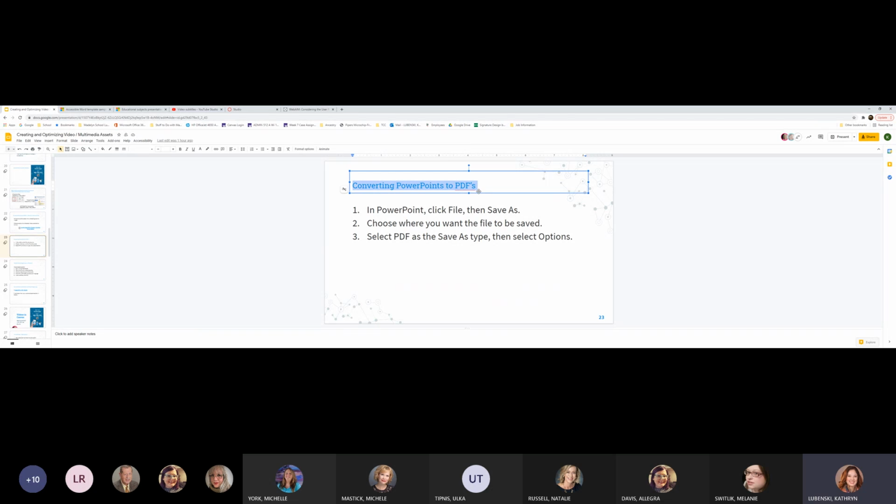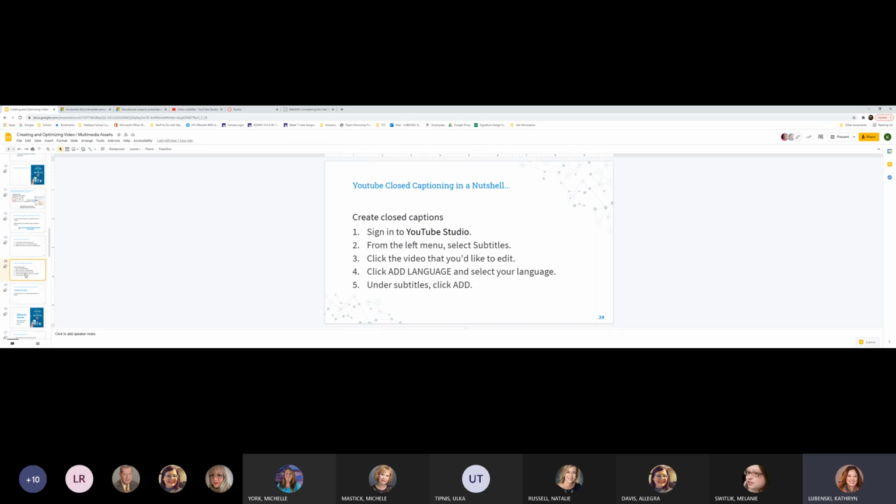Another quick thing to think about is a lot of us make Word documents and then send them to students as PDFs. So as you are converting a document, you want to make sure it's accessible, because sometimes you can lose that accessibility going from one program to another. So if you are in PowerPoint, for instance, you would click on File and then Save As. Then you would choose the file you want saved and choose PDF, and then there are some options there to select. But just keep in mind that as you're switching from one format to another,